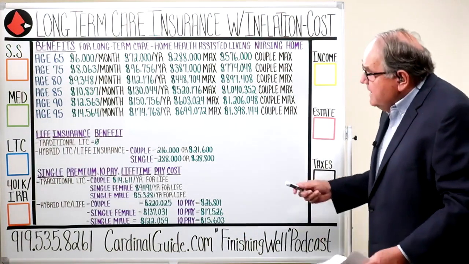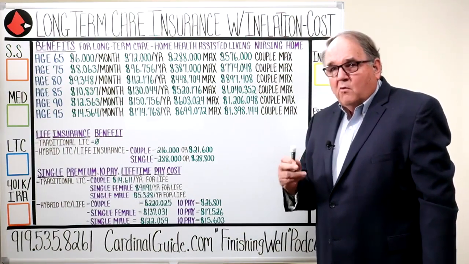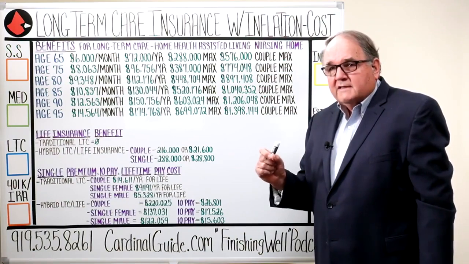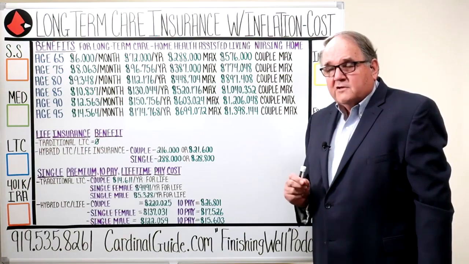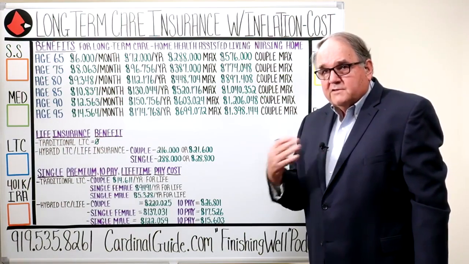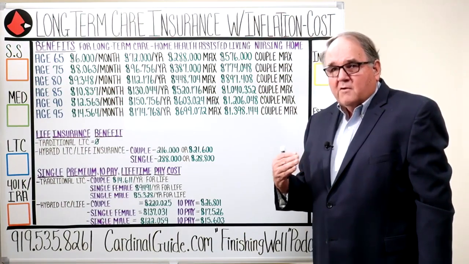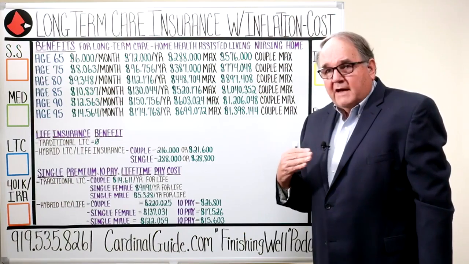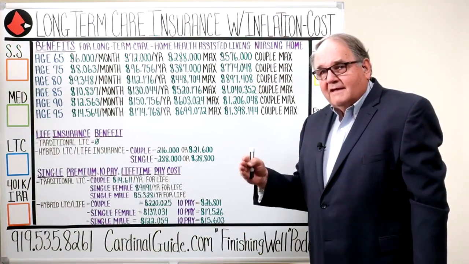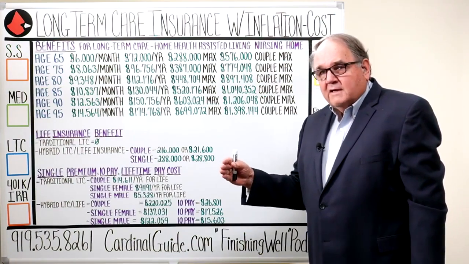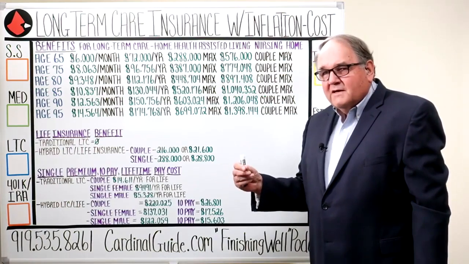So today's video, we're going to be comparing two different ways you can solve for this problem. One is a traditional long-term care policy, just what you've read about. Most people, when I ask them what is long-term care insurance, are going to come up with an answer which is a traditional long-term care policy. That's the policy that's been around for almost 50 years that I've been offering. And we're going to be comparing that to a hybrid life long-term care policy. The alternative has been around for about 15 or 20 years.